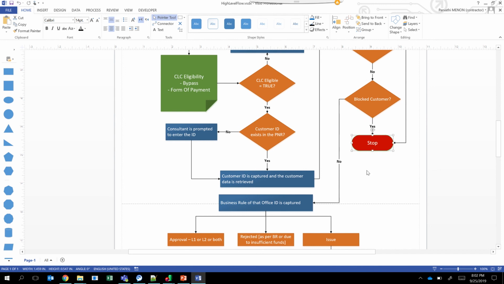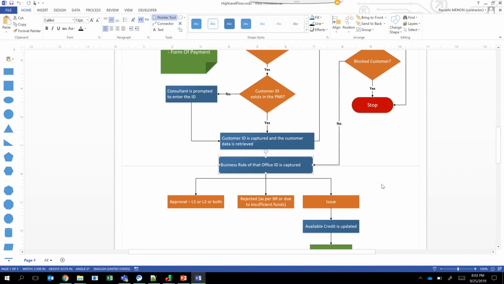If it is not a blocked customer, then the application would check the different business rules, that is, whether to send for approval or rejection, or whether it should be issued. These are the different business rules that the application would retrieve from the admin module if it finds that the customer is not blocked.